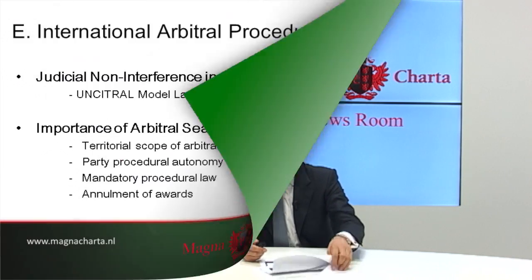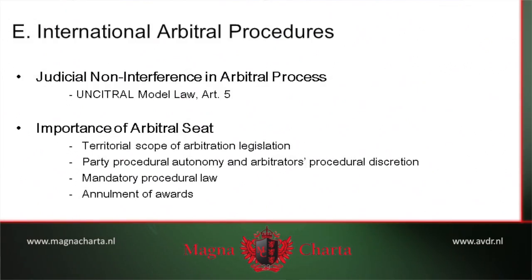Principle of judicial non-interference. In this regard, the choice of the arbitral seat is extremely important because it defines what country's principle of judicial non-interference will apply, and just exactly what the relationship between national courts and the arbitral process will be. It will also define the arbitrator's obligations of independence and impartiality. You can see examples of such obligations on the current slide.